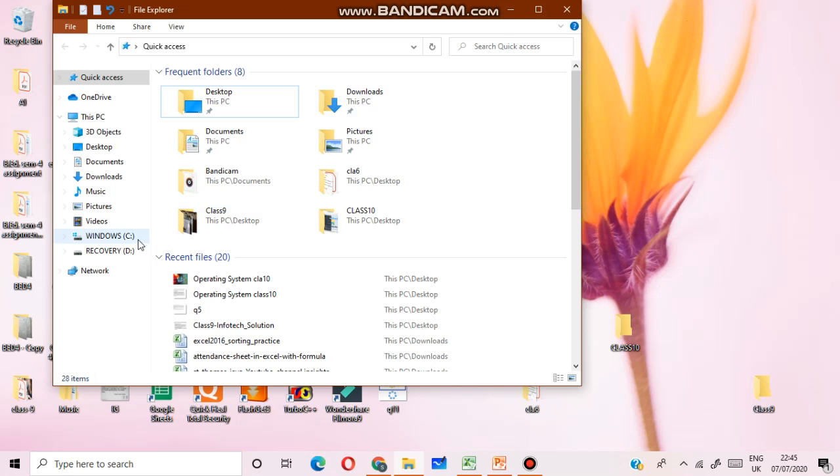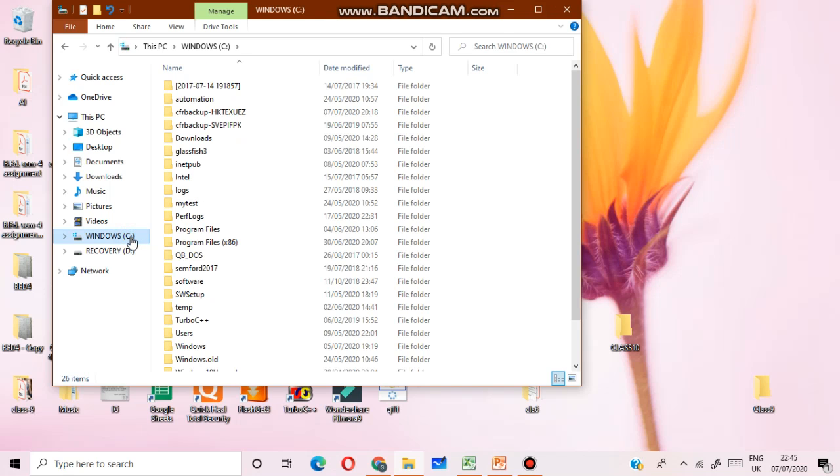Suppose I have selected C drive, and you can see all kinds of folders related to this drive. Then click on the folder or drive in the left pane to view its content in the right pane. I have already selected C drive, and you can see the different types of folders in the right pane.